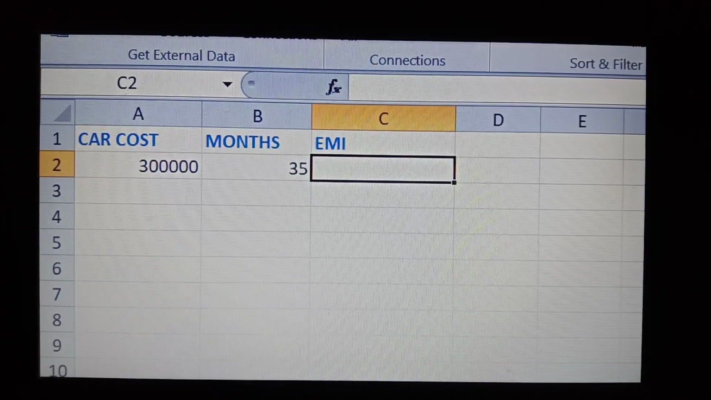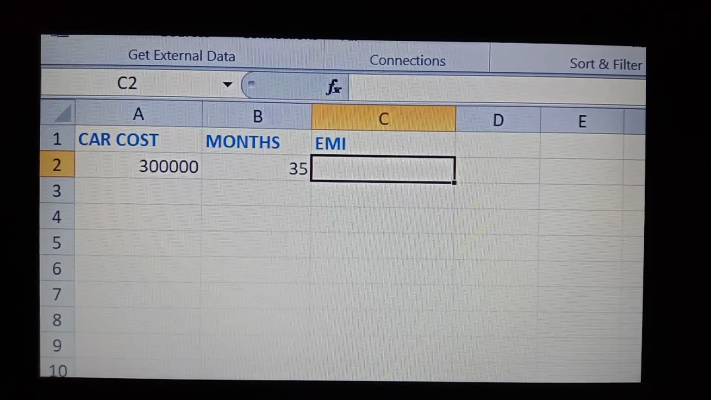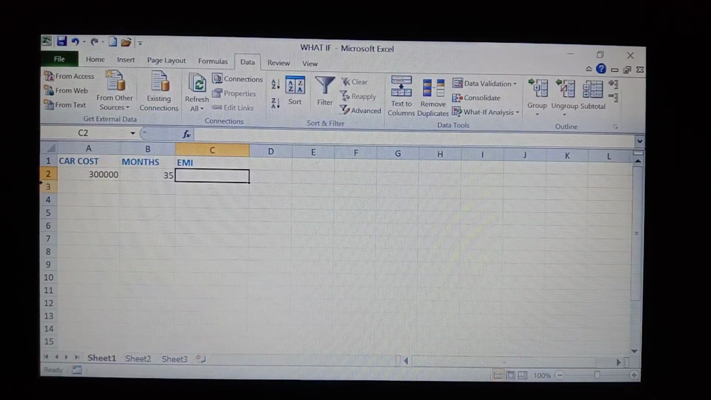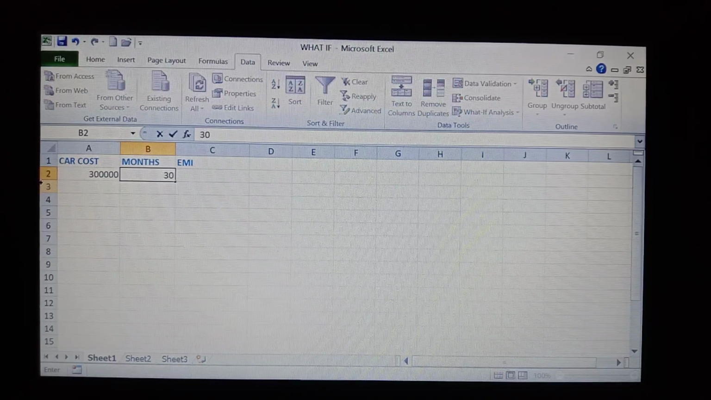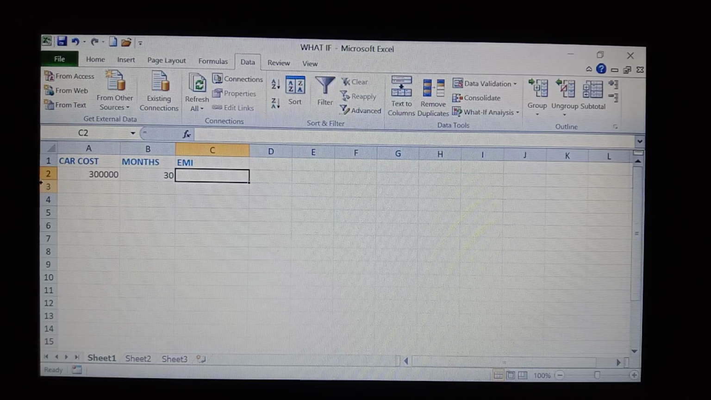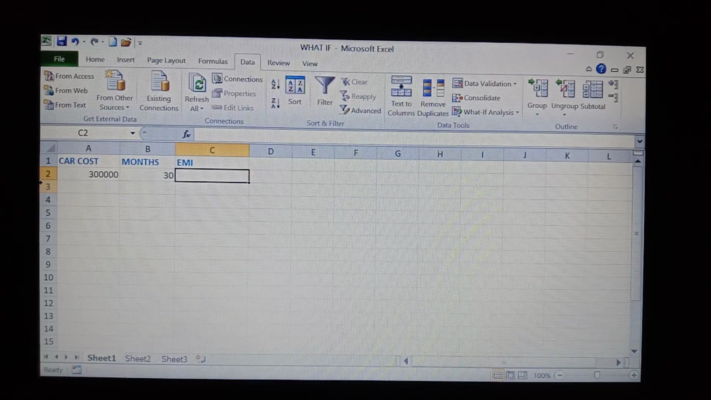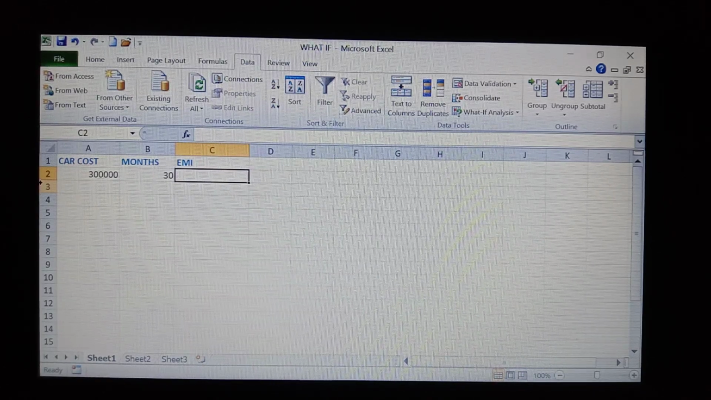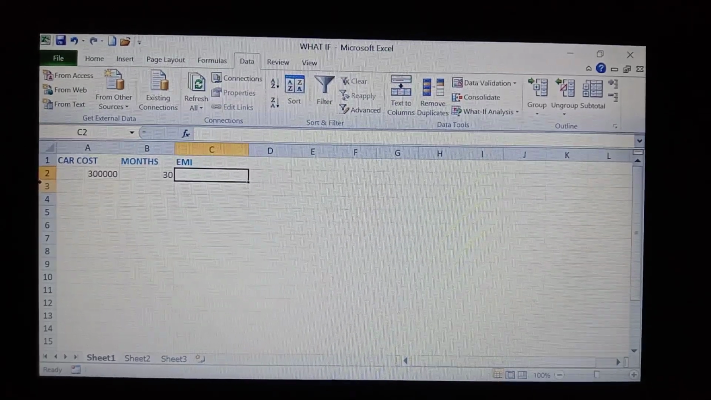That means per month I have to pay. Here, for example, I have taken 30 months. Okay, 30 months I have taken the time here. That means I want to pay 3 lakhs in 30 months. That means per month how much amount I have to pay, that one we have to calculate. Yes, we can calculate